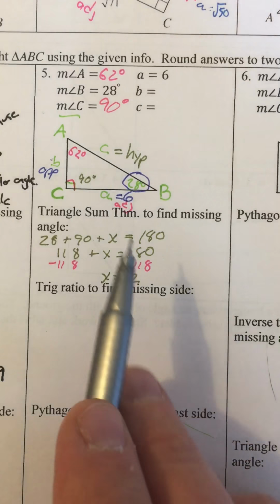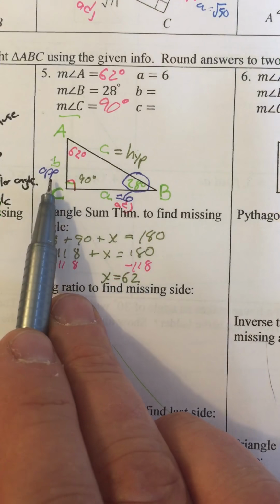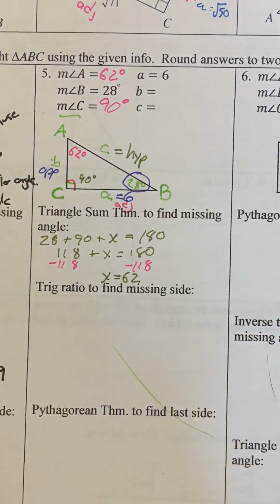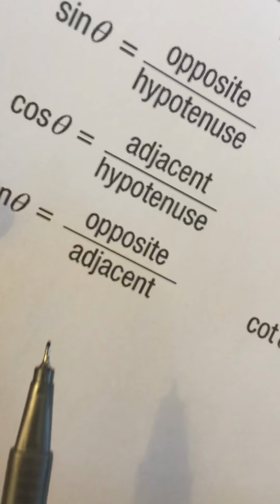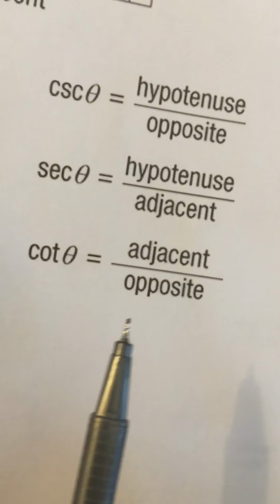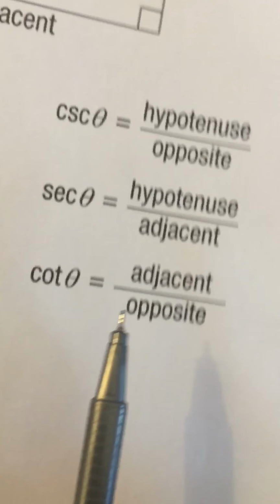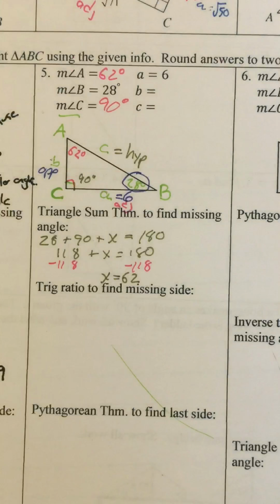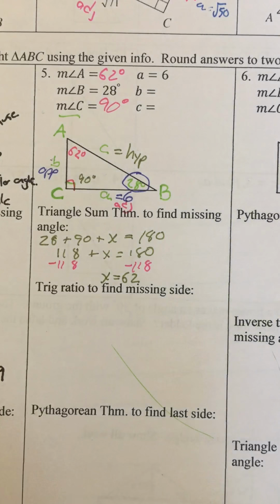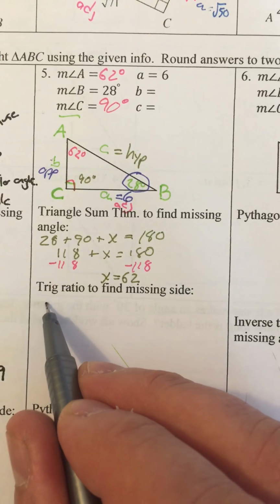So I have the adjacent side, and I'm looking to find the opposite side. So what has adjacent and opposite? The tangent. Remember, you also have cotangent, which is adjacent and opposite, but we're not going to use this side over here. We're only going to use this side where we have tangent, opposite, and adjacent. All right, so we're going to write tangent theta